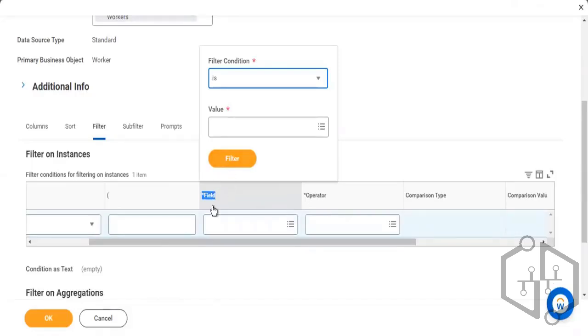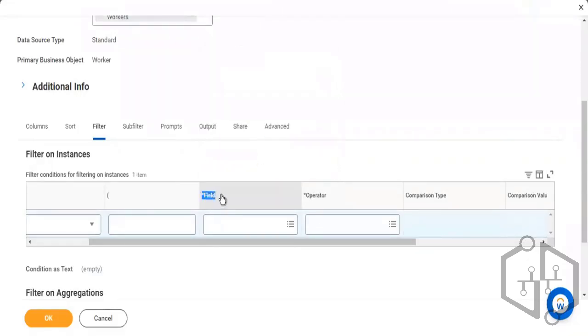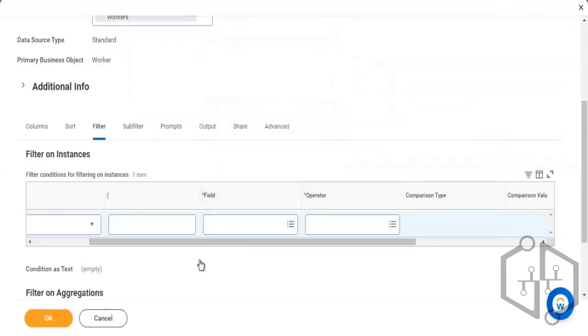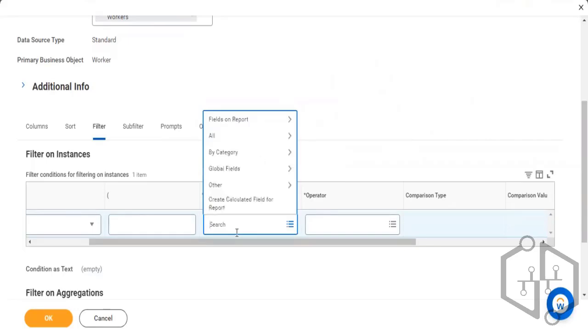I only want female employees to be listed. So field is basically the criteria on which we want to build our filter. So in our case, the criteria is gender. So I'll come in here, I'll search for gender,